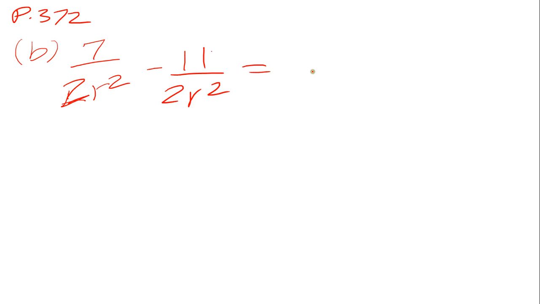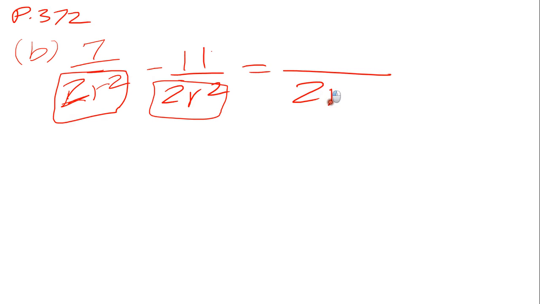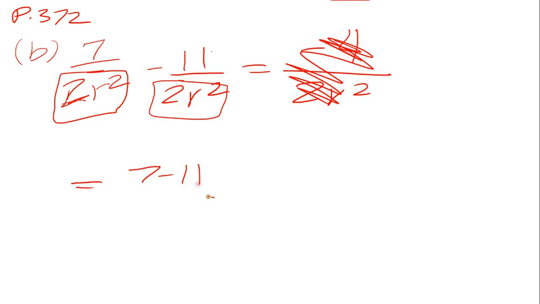Same thing, we've got the same denominator, so we don't even have to think about it. 2r squared and minus 4, right, 7 minus 11 is minus 4. Or maybe I can throw in a middle step and say equals 7 minus 11 over 2r squared,